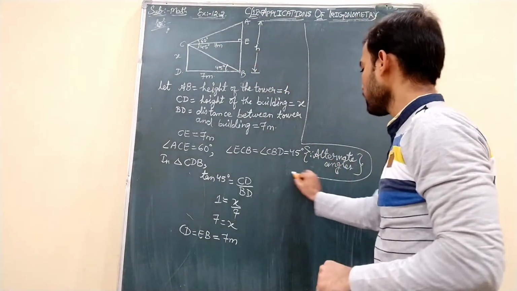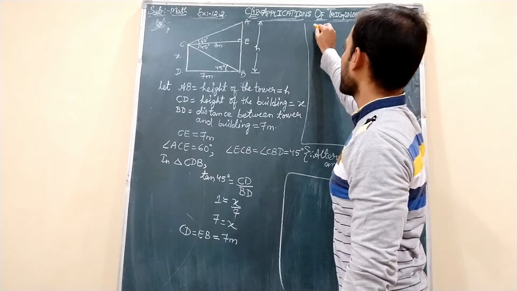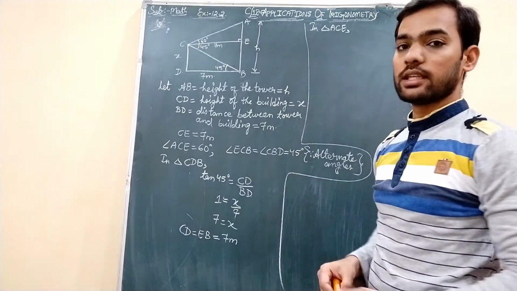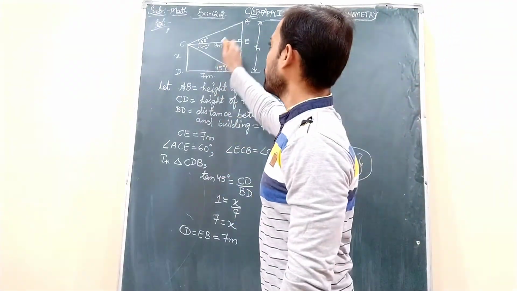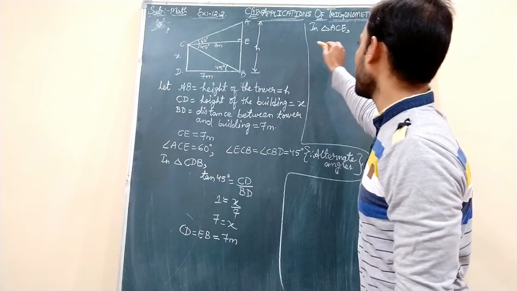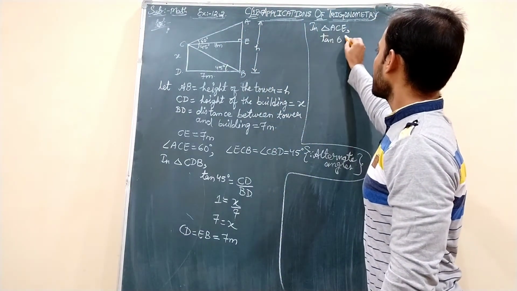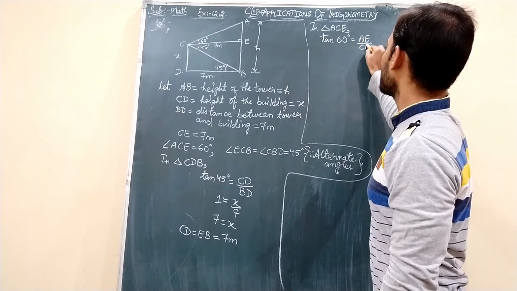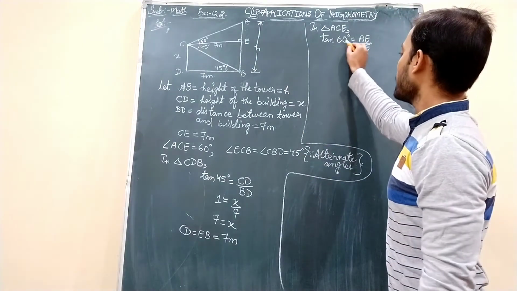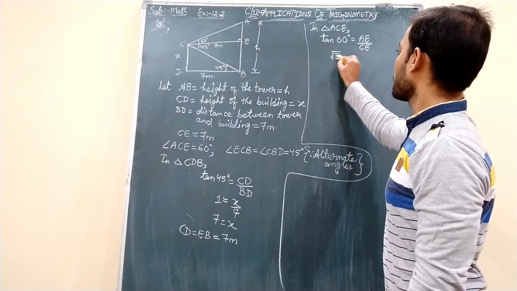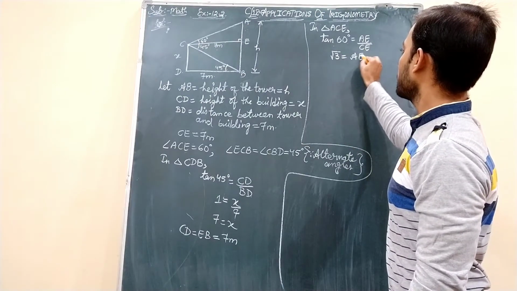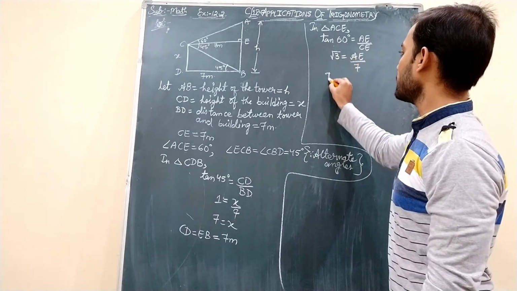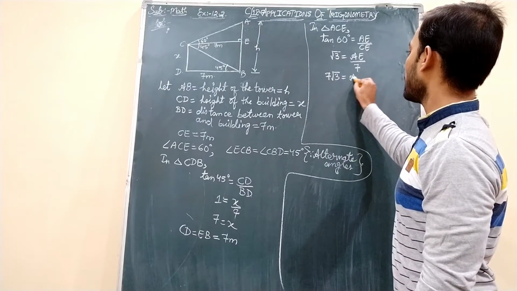Okay, students? So now for that purpose we need to take the above triangle, that is triangle ACE, students. In triangle ACE, 60 degree angle is there, and this we know, and this we need to find out: opposite, adjacent. So again tan ratio, tan 60 degree is equal to opposite is AE and adjacent is CE, students, right? So tan 60 degree is root 3, AE as it is I will keep, and CE is 7 meters. So multiplying this 7 towards this side, 7 into root 3 is 7 root 3 is equal to AE.